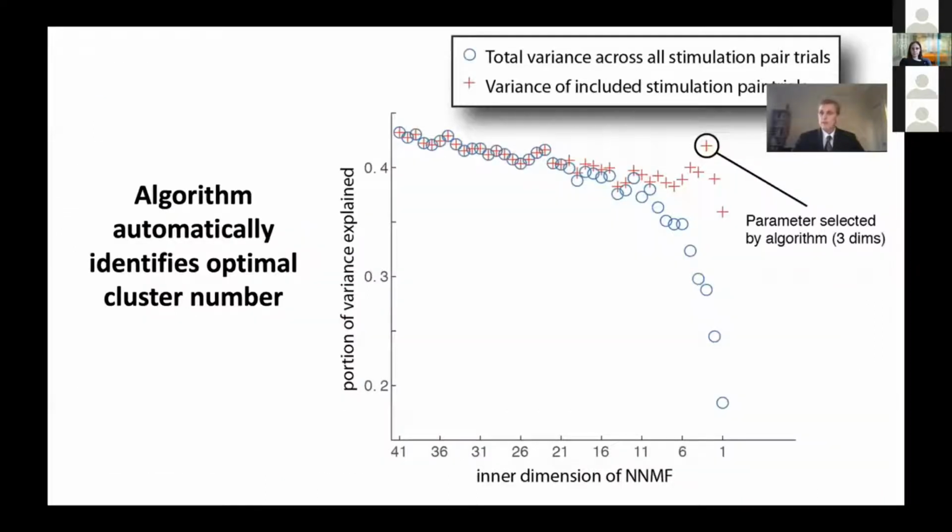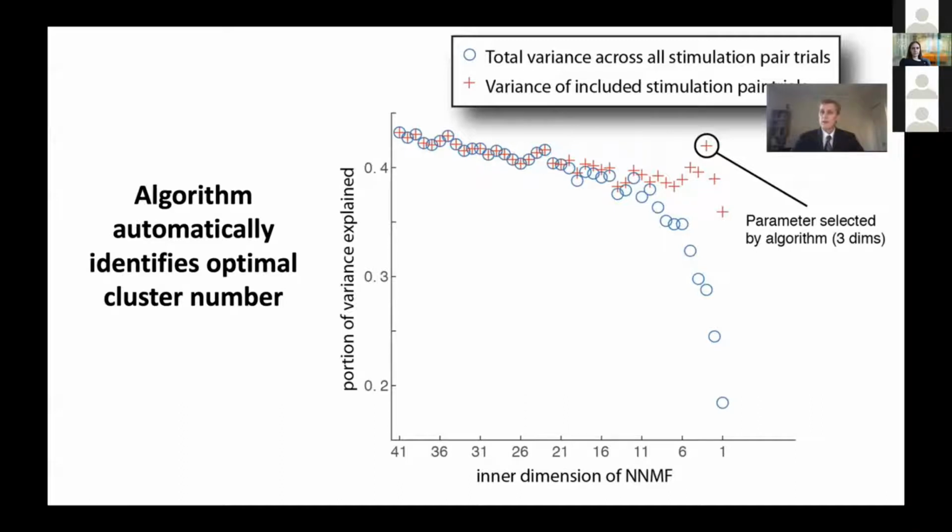And the algorithm itself identifies a number of clusters that is optimal based upon how related the shapes are to one another. And that's a parameter that you can tune if you wish, although the automated settings we have on that are, I think, reasonable from the start. But the parameter that we wound up with here in our example of 3 clusters actually maximally captures the portion of variance explained across all included trials